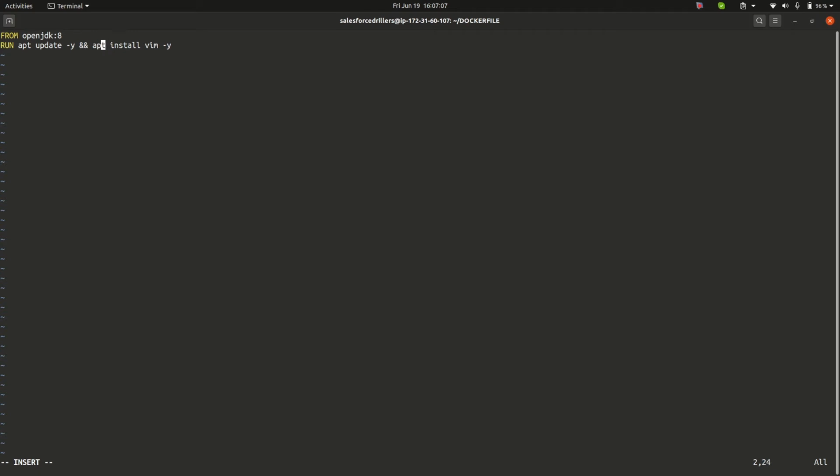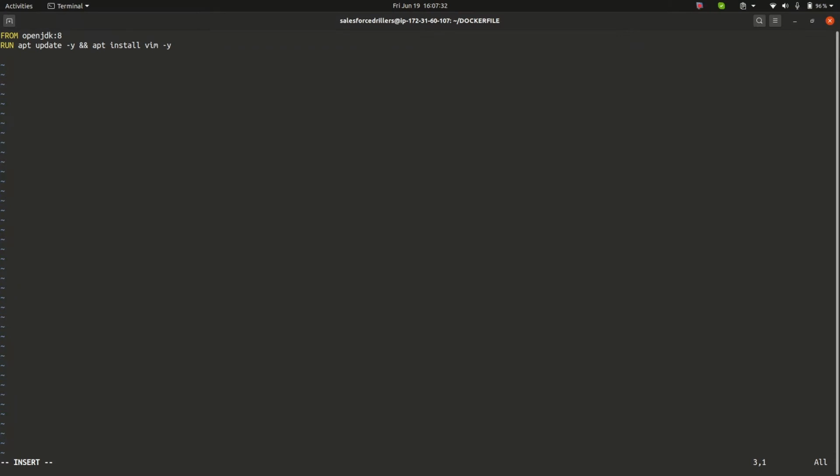We are mentioning that from OpenJDK:8, from this base image, first of all it will pull this base image, that is OpenJDK 8. Then it will execute the command, that is apt update and apt install vim.